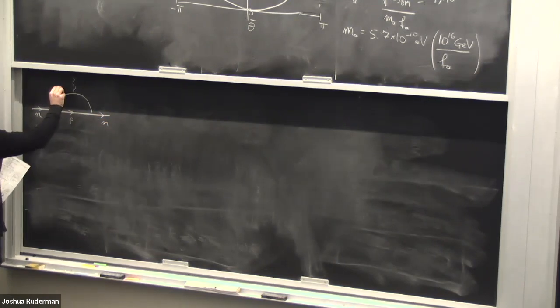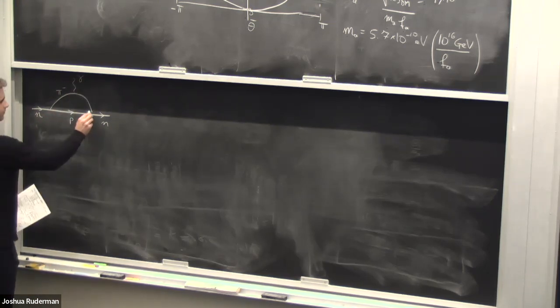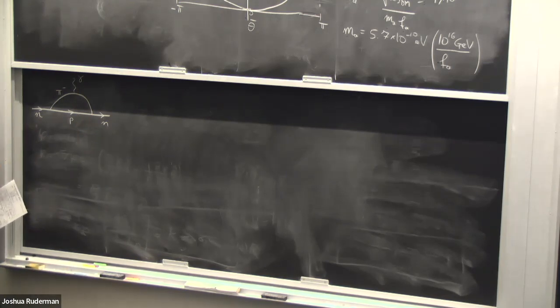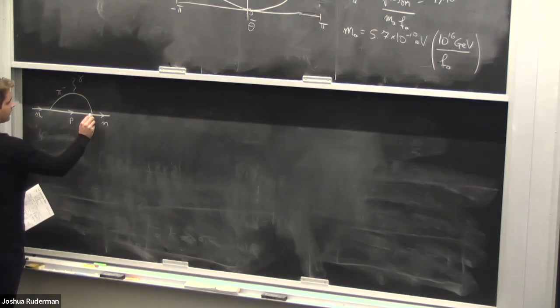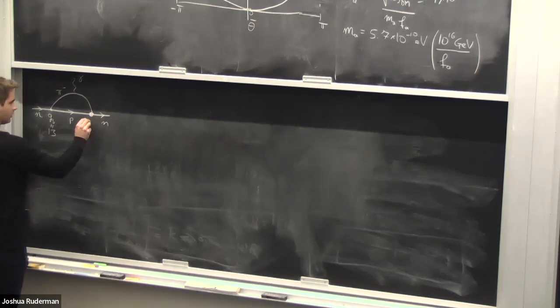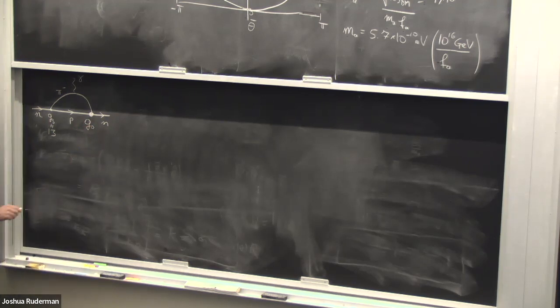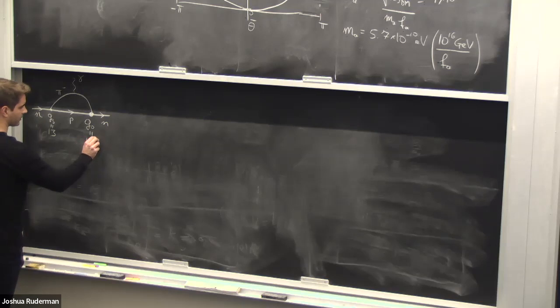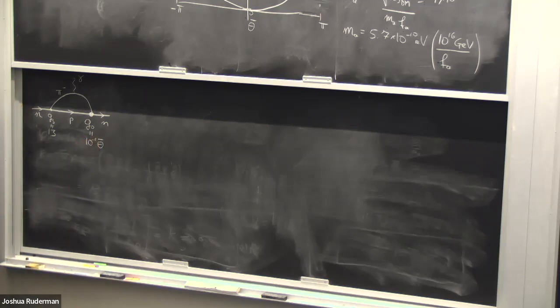This is a pi minus, and this is a photon. So basically in the presence of this non-zero theta bar, the pion can have its regular coupling, which is large, let's say 13 or so. We can also have this P and T violating coupling, and this turns out to be 10 to the minus 2 times theta bar.